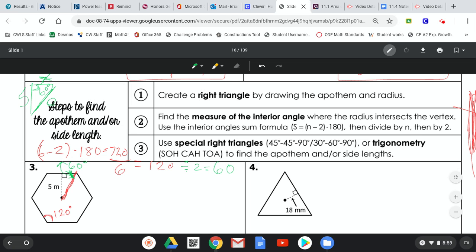If we have a 30, 60, 90, 60 is opposite the 5, so we could just divide by radical 3. We could also use trig, and since it would be tangent, we would say tan, because 5 would be the opposite side and x would be the adjacent side. So tangent of